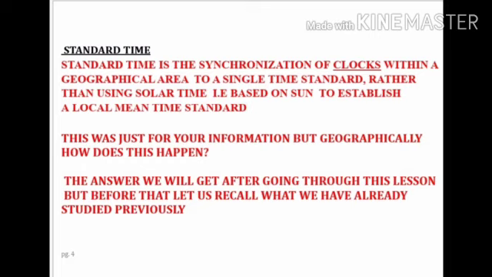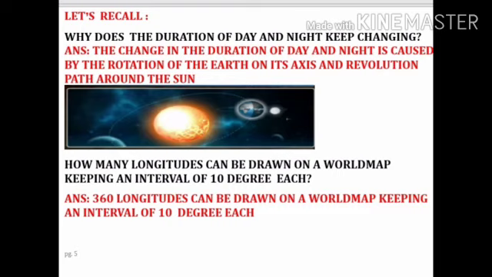But before that, let us recall what we have already studied previously. Let's recall. Why does the duration of day and night keep changing? Can you tell me the answer? Here is the answer. The change in the duration of day and night is caused by the rotation of the earth on its axis and revolution path around the sun. It means the earth itself is moving like a spinning ball, and while spinning it is also taking a big